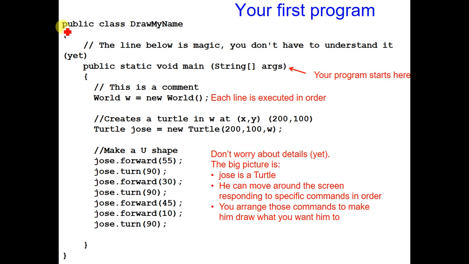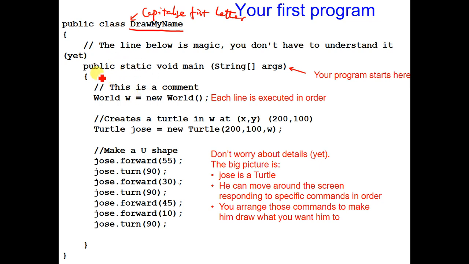So the first thing that you will see is this is called a public class. Inside Java, everything is pretty much a class. So you give this class a name called drawMyName. This is what the programmer picks, so you can pick any name you want to. The requirement is the capitalized first letter of your class. You may say, well, what if I don't? The answer is you'll get by in some situations, but this is kind of the standard way that people write Java classes. So make sure you capitalize the first letter of your class name.